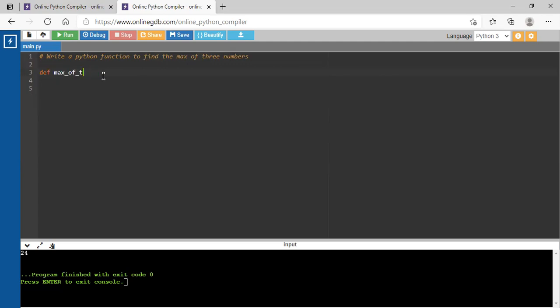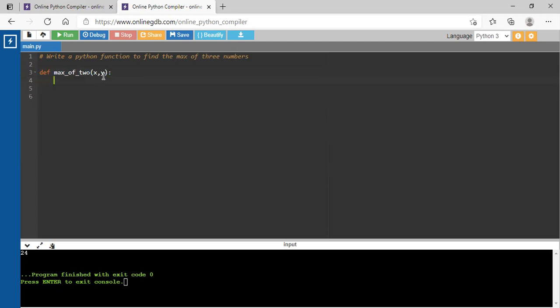Very firstly, we have to find out the maximum of two numbers only. Now for checking three numbers, firstly we have to check the maximum of two numbers. Whichever number is greater, we have to check only with the third number. In this way we can check all three numbers. So very firstly we'll check x, y.